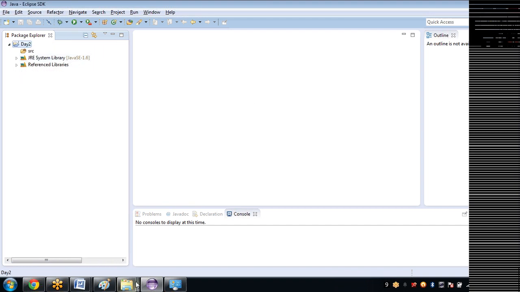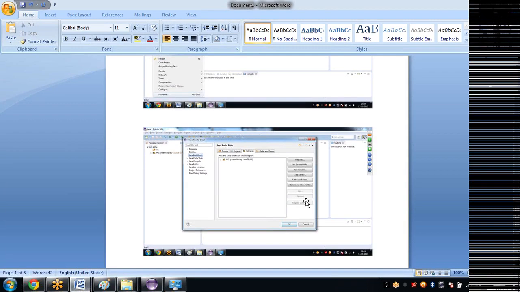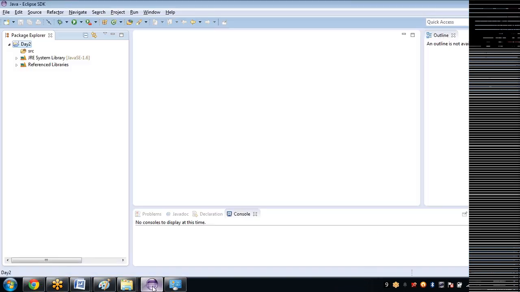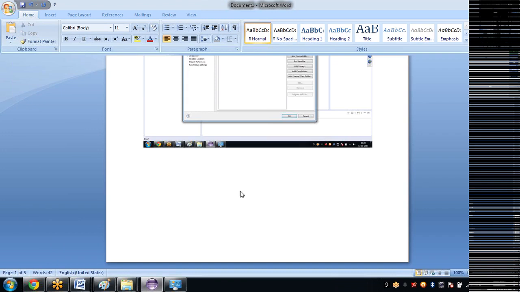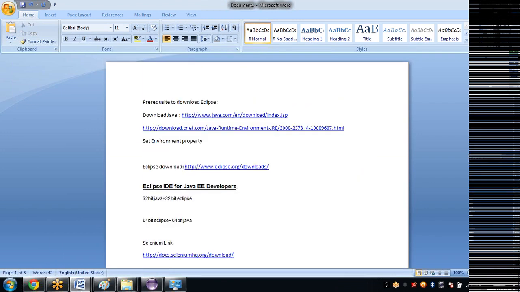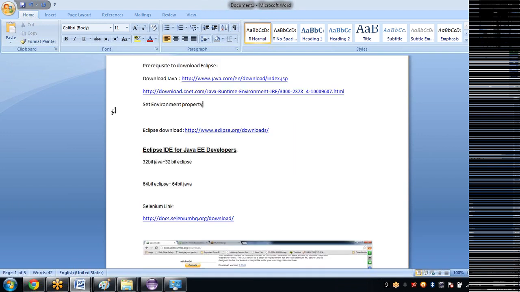Okay. So done. What we have done now, we have imported jar files also. So what are the steps? Step 1, check whether you have Java or not, then download Java. After downloading, set the environment property and then go and download Eclipse.